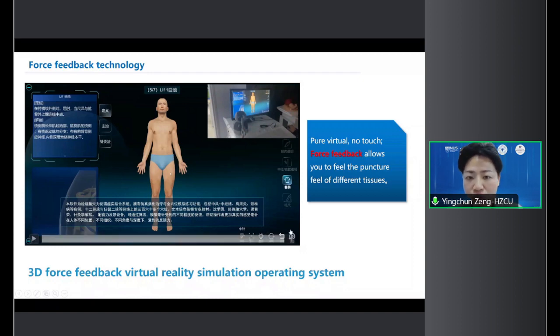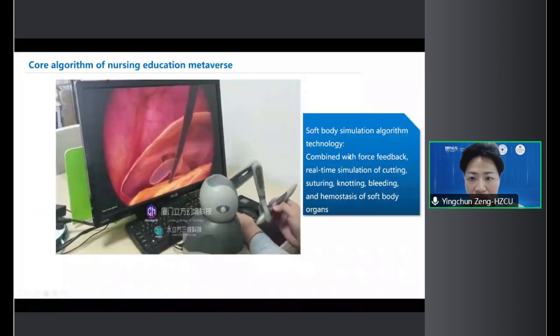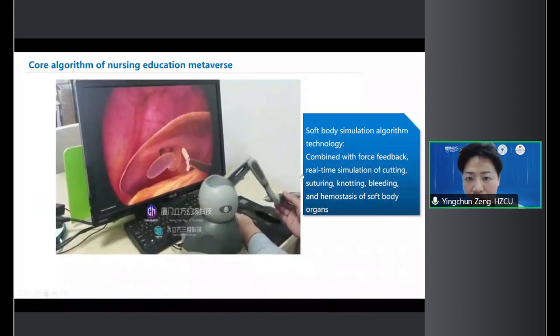We only use the MetaVerse version. We have to use force feedback technology, so it can feel the puncture feel from different tissue. So this is one type of MetaVerse scenario, used for learning acupuncture. Another thing is use the soft body